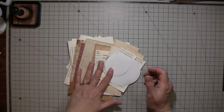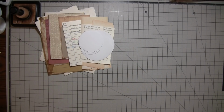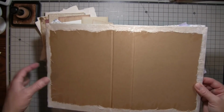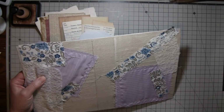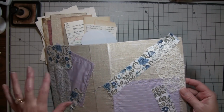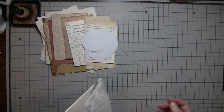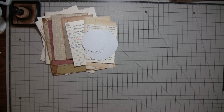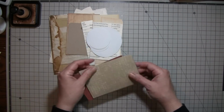I just have a whole bunch of bases, and I'll show you real quick where I'm at with the journal. I am working on it, but it's at this weird phase right now because I'm waiting for this to dry. I just put this on, and I know this looks really strange, but it's not even remotely done. I will be putting other layers over the top. These are just on here to show through the laces and stuff that I'm going to be putting on top for the color. So it's kind of weird right now and drying. Since I can't really work on that at the moment, I thought I would just go ahead and do some